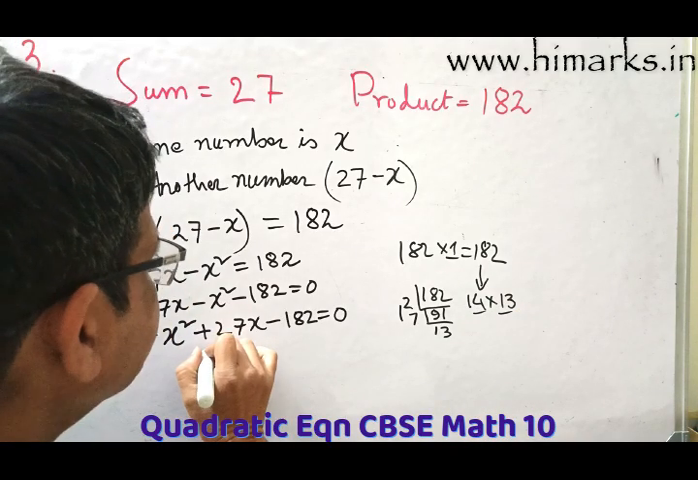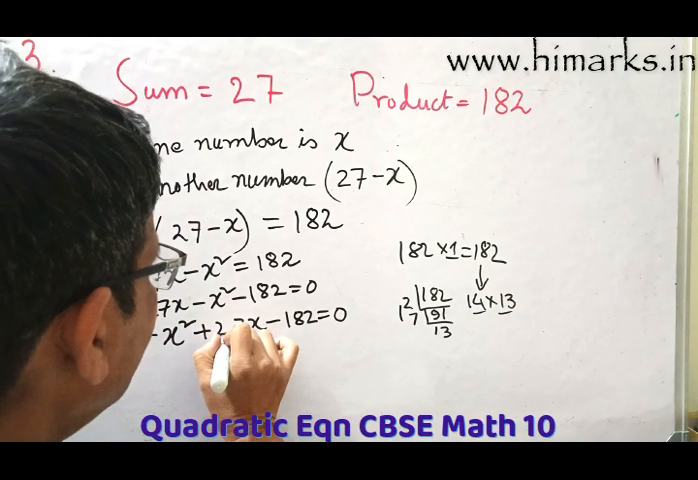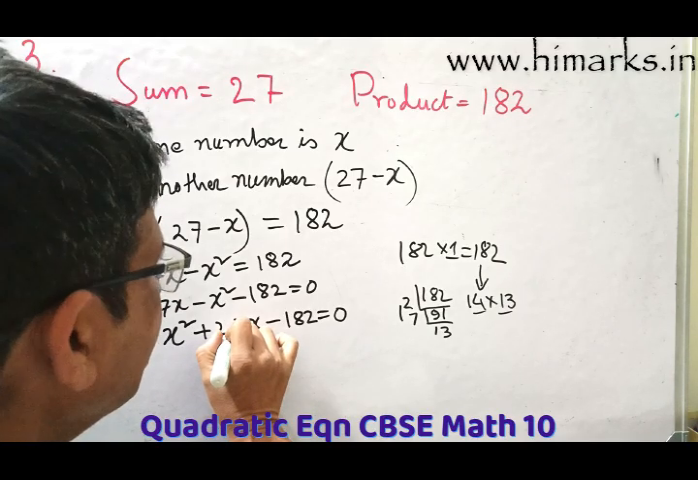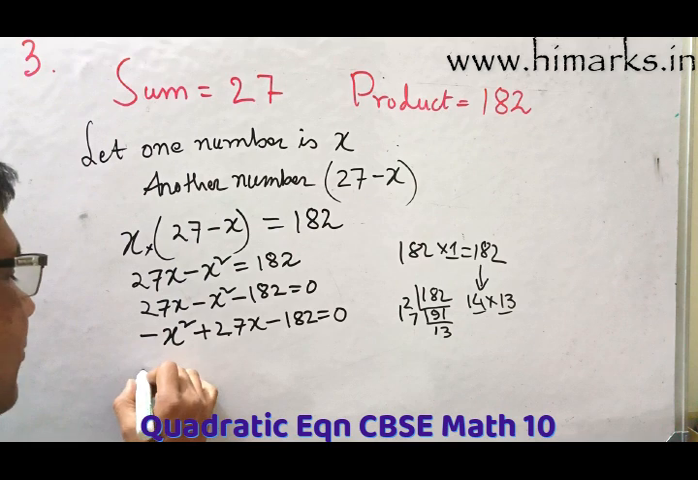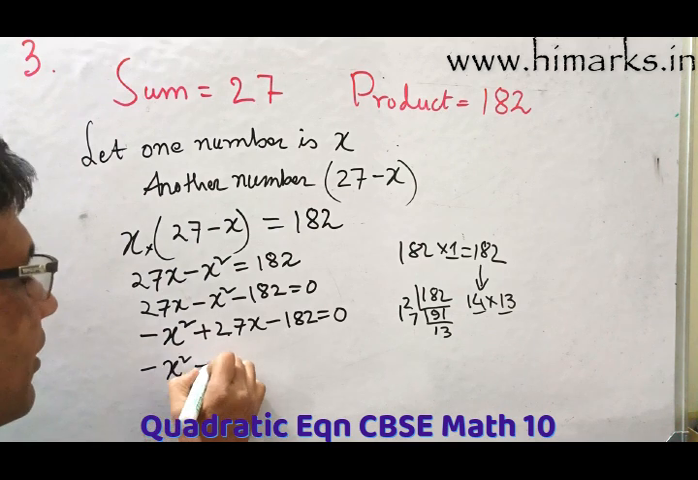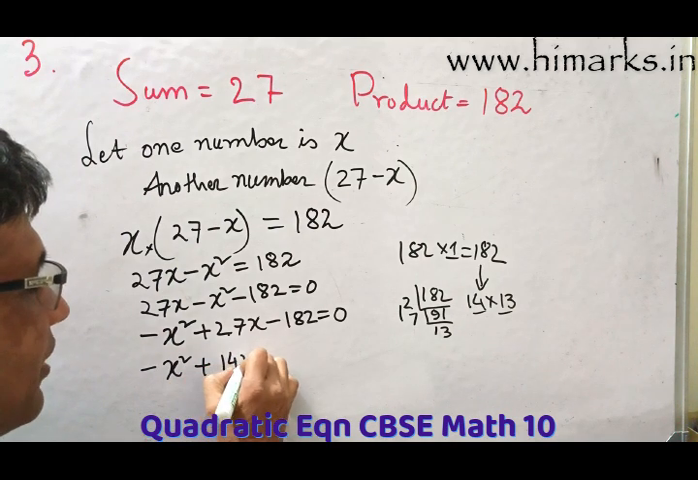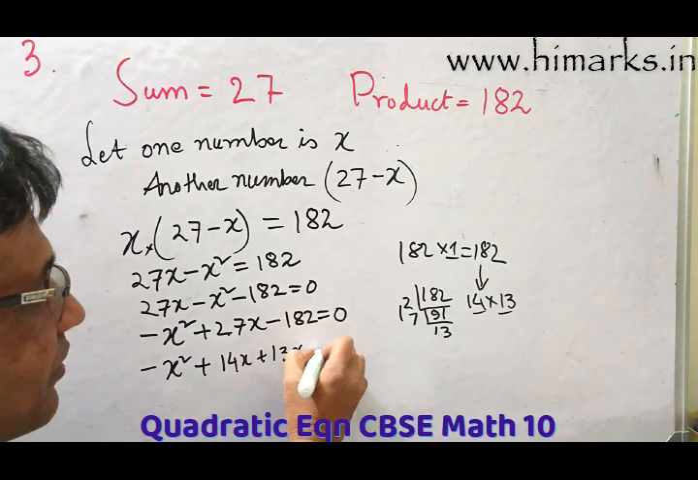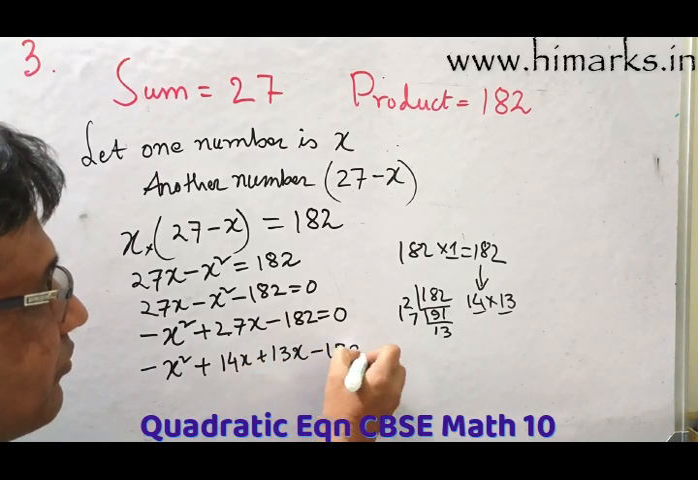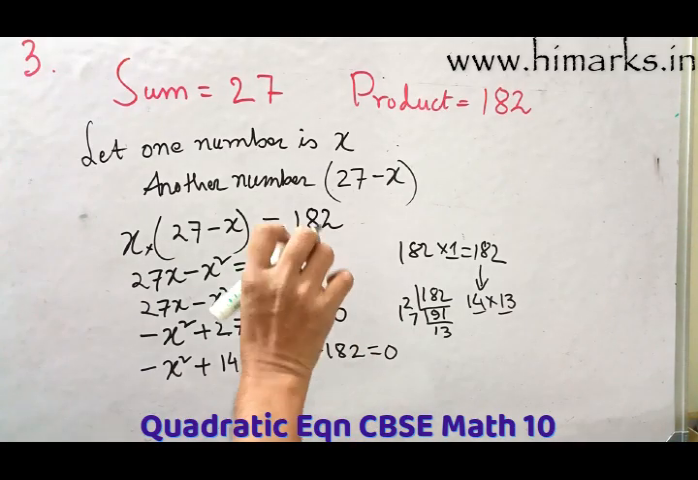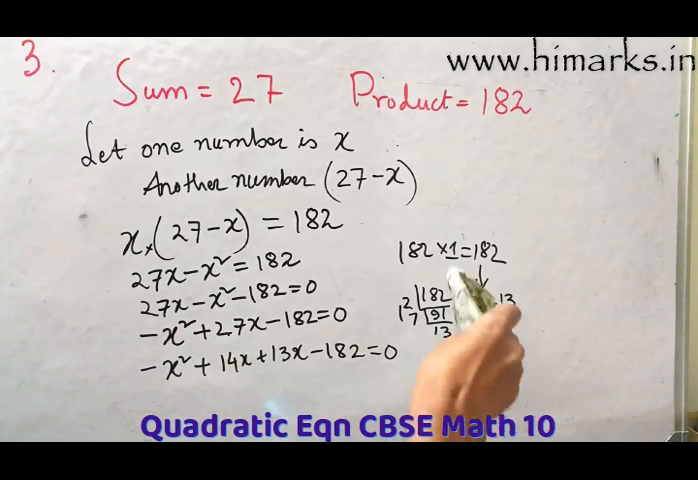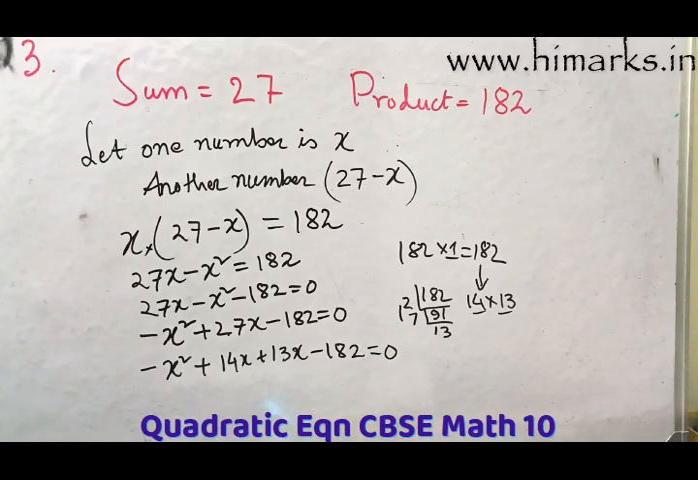Okay. So this 14 and 13, if you add them, it will give the 27. Okay. So now minus x square plus 14x plus 13x minus 182 equal to 0. Okay. So got this part right? Then, okay,